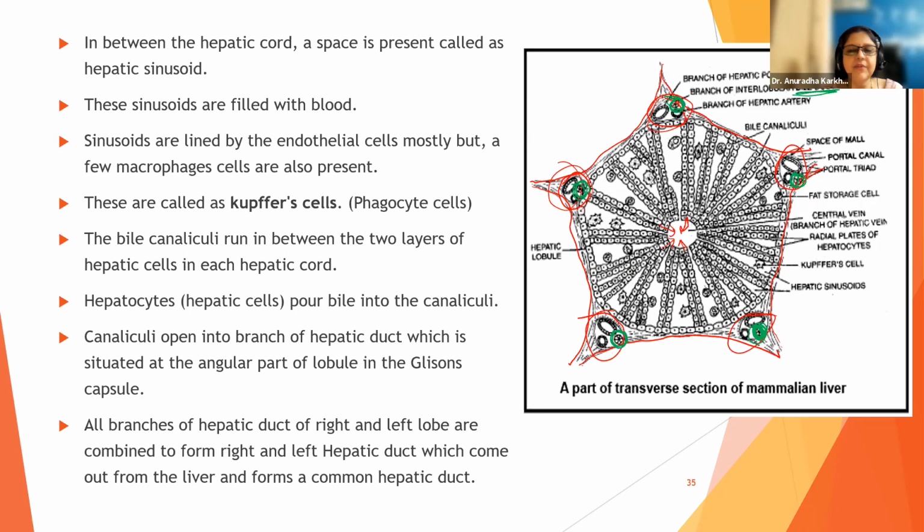Any doubts, any difficulties, anyone who has not followed any part of it, please ask me. Central vein, artery, this will come. Cystic duct is going to carry the secretions of the gallbladder. I'll come to the gallbladder, then I'll explain. But this liver itself you have to understand properly. And these things are not very well given in our books, that is why. But I hope it is clear to all of you. What is canaliculi? What are sinusoids? What is Glissen's capsule? What is hepatic cord? Everything okay?